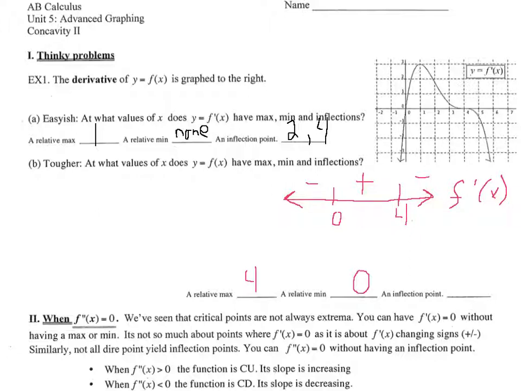And now the inflection point is where the concavity of the original function, f of x, changes from concave up to concave down, and we're interested in the concavity of this original function. So I'm going to do a number line analysis for the second derivative. Now the second derivative is the derivative of the first derivative. So if we look over here, the second derivative,